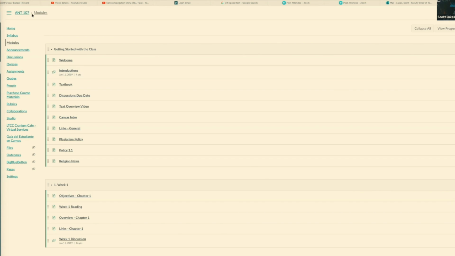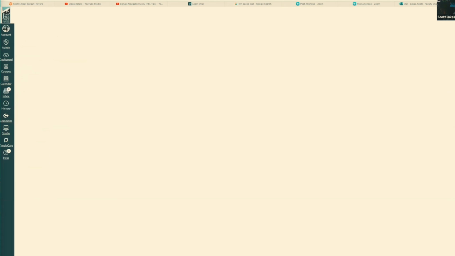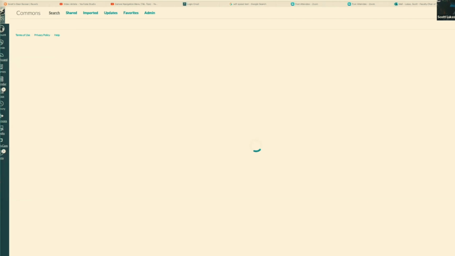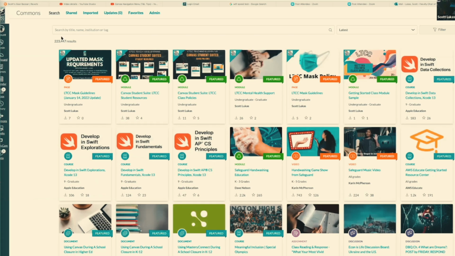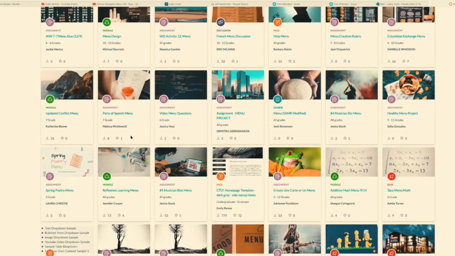I wanted to mention, I'm not one of these persons, but let's look on Commons, and if we don't find it there, I can look at an LTCC class. One other thing you can do is look for a Canvas navigation menu. Justin, I don't think you have buttons on your class, do you, on the front page where you click the buttons to access everything, like the modules? Yeah, I do actually. Oh, you do?